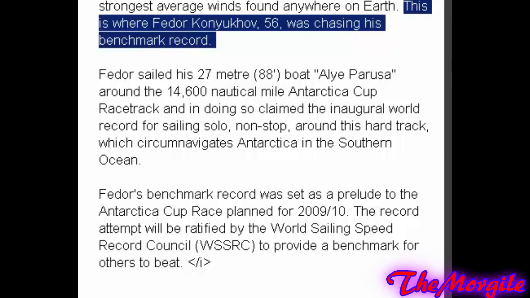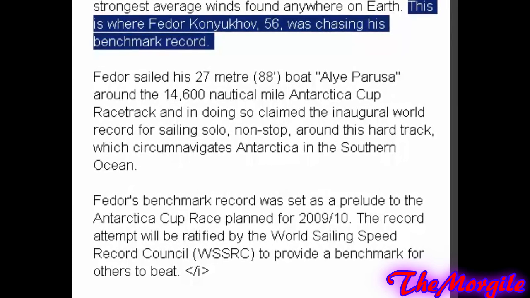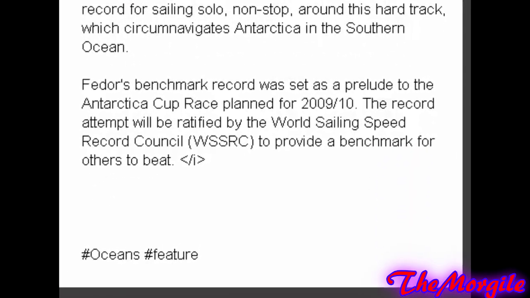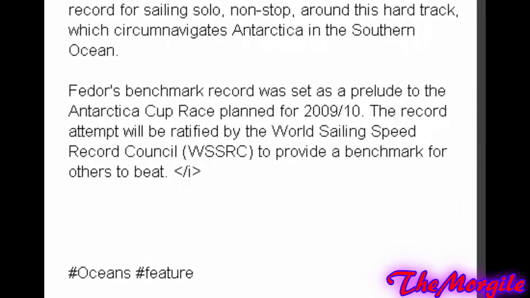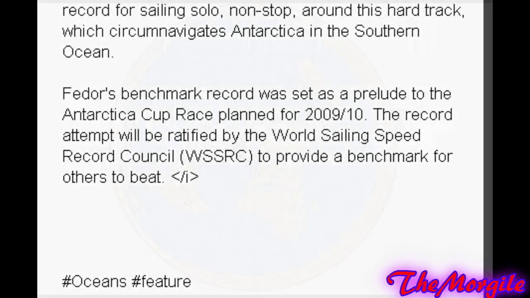spent the majority of his time in the 40s, 50s south, and probably did not even approach the 60 degrees south. And if he did, he didn't do it for long. Otherwise, he would have been in violation of the Antarctic Treaty. And so,